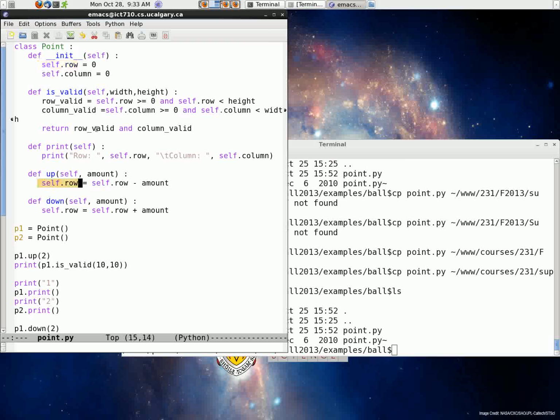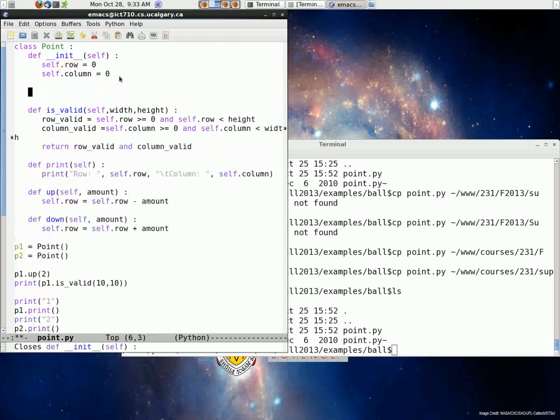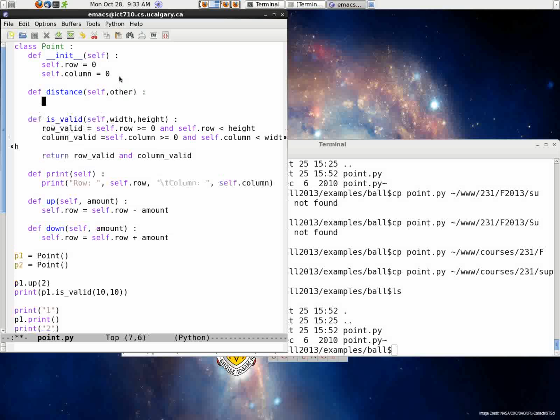So let's play with this a little bit more by creating another method that computes the distance between 2 points. So I can define distance, and as usual I have the self parameter there, and I also want to compute the distance between myself and somebody else, so there is another point that I need as an argument. And the basic computation is you subtract one row from the other, take the square, same with the column or the x and the y coordinates, and then take the square root of the added result. So I want to take my own row and subtract from it the other's row,